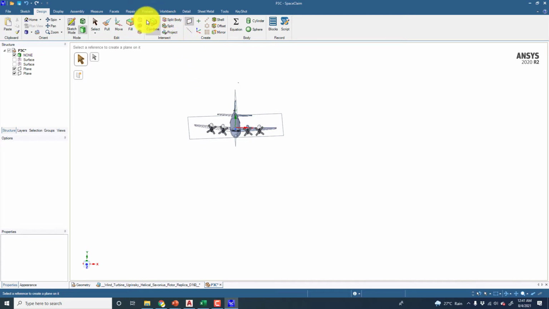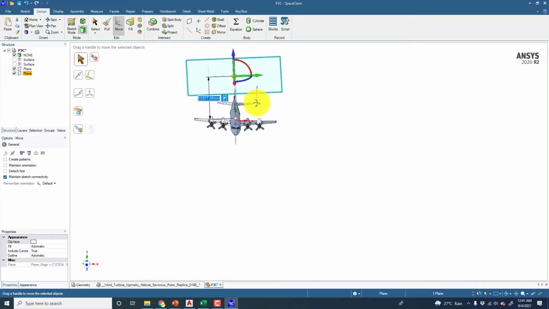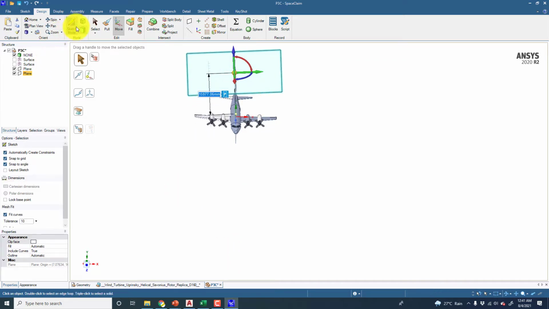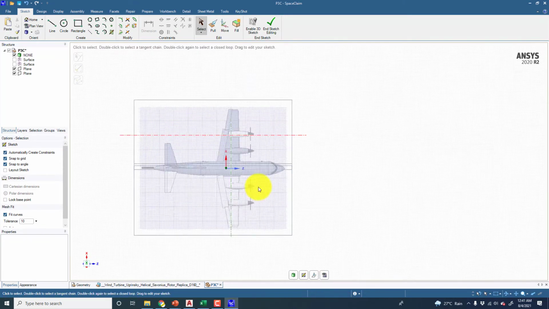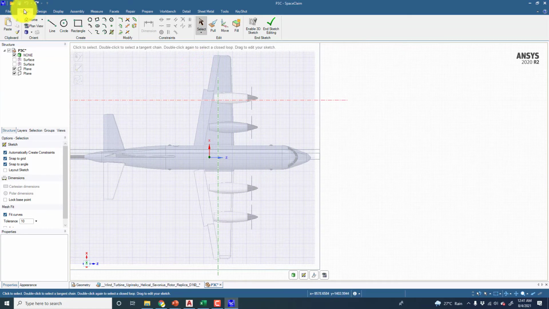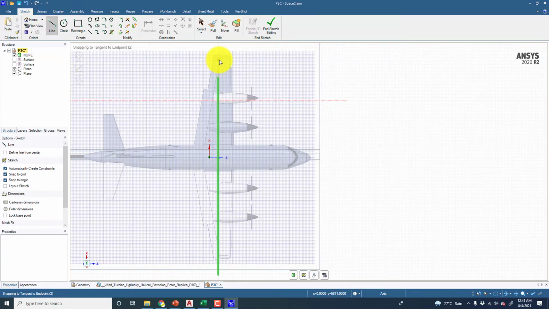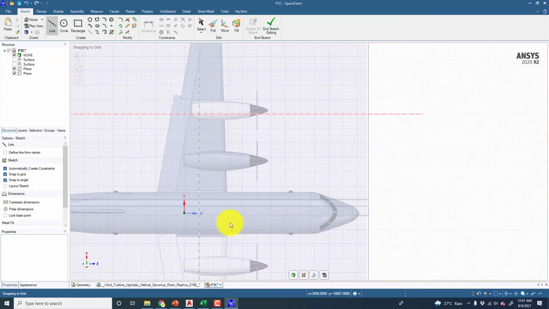So this plane, and I will move this plane slightly upwards, and now click on the sketch and click on the locate. In this way, we will not be interfering with the main geometry, but at the same time, we will get a clean type of geometry with us.